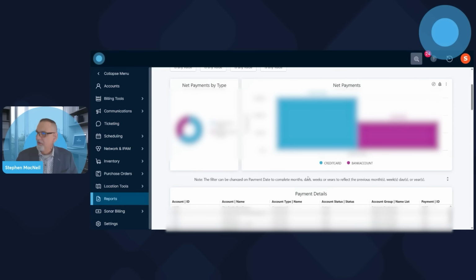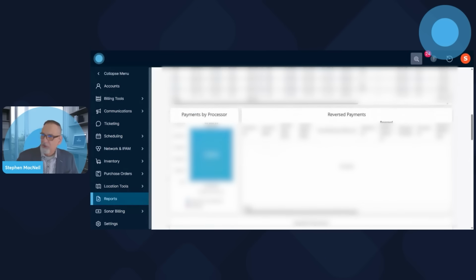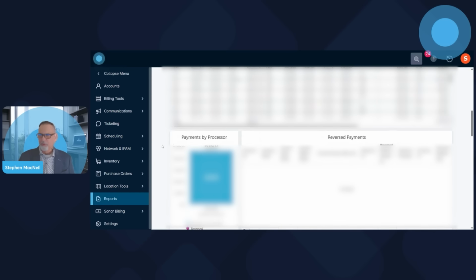And you'll see down below, there is a graph that shows you exactly what went through sonarPay from a payment perspective. Now, if you had that filter to sonarPay and Moneris, or sonarPay and Bambora, or sonarPay and Authorize, you would see both transaction amounts that are going through the respective processor, and obviously you can click on that and see the transactions that are flowing through each of those. So that's what I wanted to highlight from a reporting perspective.